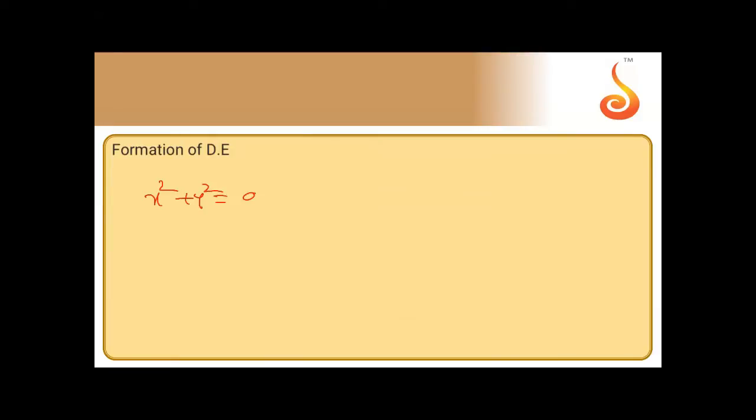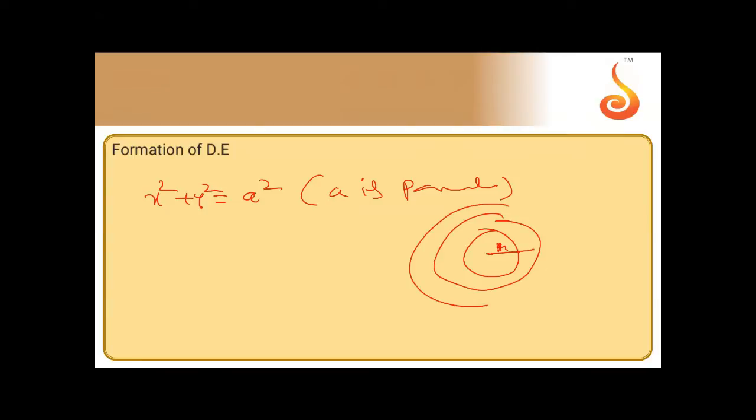Now, suppose we take one more example. The equation of a circle with radius a. Here, how many arbitrary constants? a is the parameter. So it depends on the value of a. If the radius changes, the circle changes. Suppose we take 1 unit for this circle, then 2 units, the circle comes; 3 units, 4 units. Like that, we get circles. The family of circles depends on the value of a. That means you can call a the parameter. So only one parameter. You can differentiate only one time.